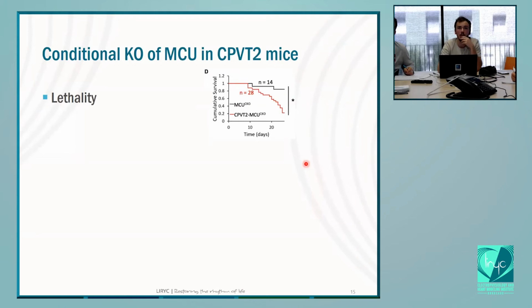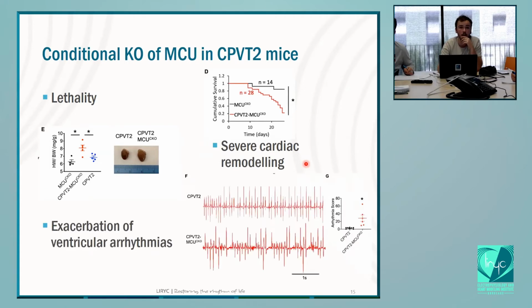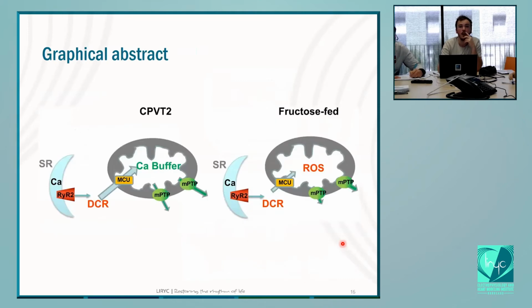So by knocking out the MCU in CPVT2 mice, the lethality was higher, and also they've seen a severe cardiac remodeling, so hypertrophy of the heart. And they've also seen an exacerbation of ventricular arrhythmias. And in FFD mice, they've just seen ventricular arrhythmias decrease, but slightly. Here they've played with the entering of the calcium in the mitochondria, and now they are going to play with